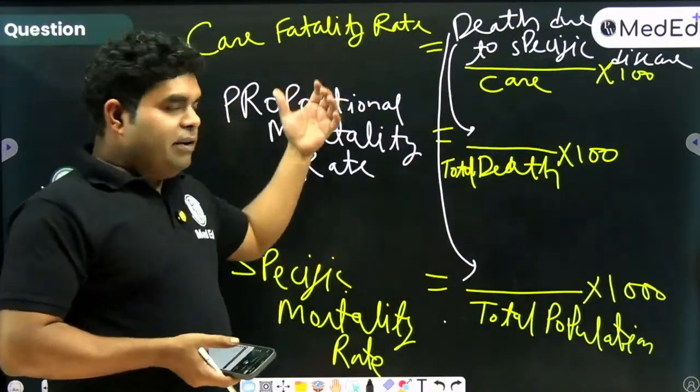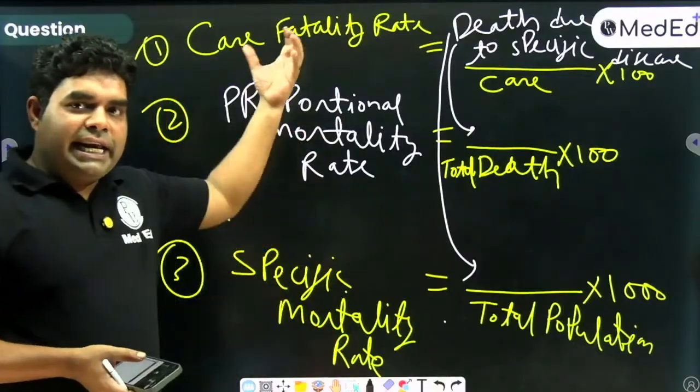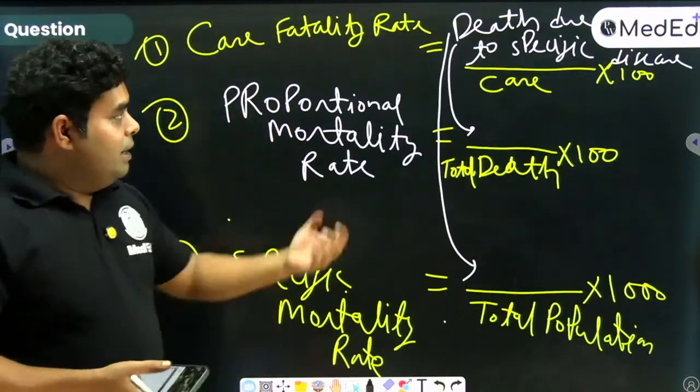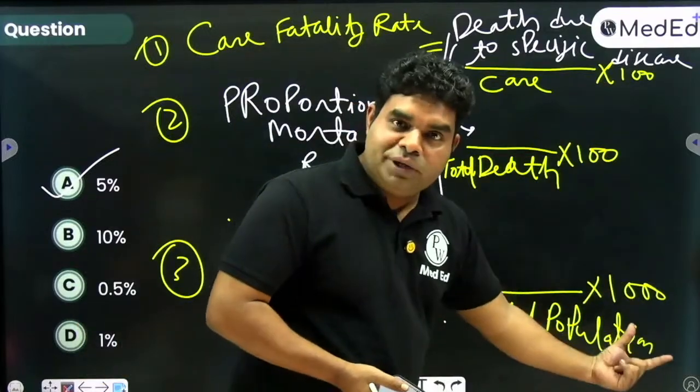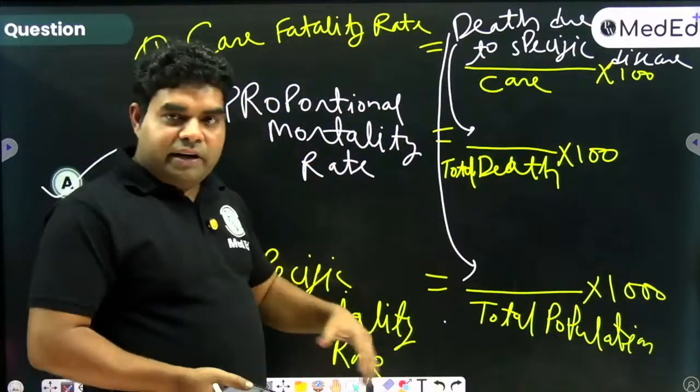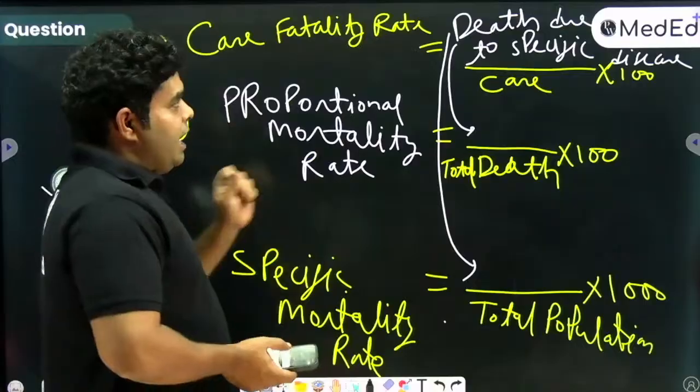So how will you remember the three formulas? You can remember it together. Case, proportional, specific. Case, death, population. 100, 100, 1000. And like that you can remember all the three and revise them easily. Now,